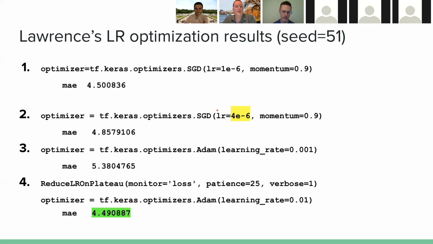Yeah, I think if I understand what Will's saying, did I run them in basically separate sessions so they each got that first seed, right? Well, if you ran it with random seeds instead of seed 51 and you ran number 1 100 times, you might get 4.500, you might get 4.8, you might get 4.2. I don't know what kind of ranges if you did a check like that at all. Right, this is just one sample from the whole distribution of values that one could get. If the randomness of 51 here happened to be good for optimizer 1 and not as good for optimizer 2,